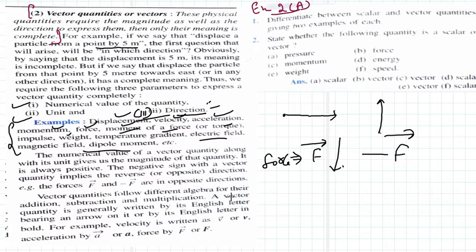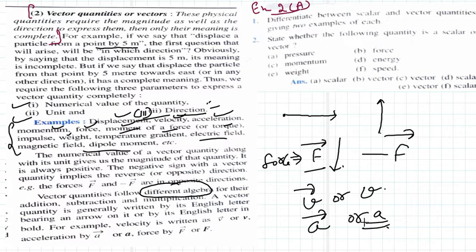The properties of vector quantities are different from scalars because vector quantities follow different algebra for their addition, subtraction or multiplication. A vector quantity, as I have told you, is represented by an English letter bearing an arrow over its head. Force is represented by this, velocity by this, and acceleration by a with an arrow. So these are vector